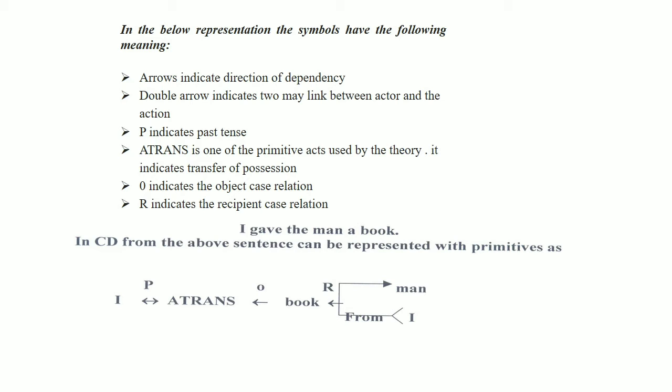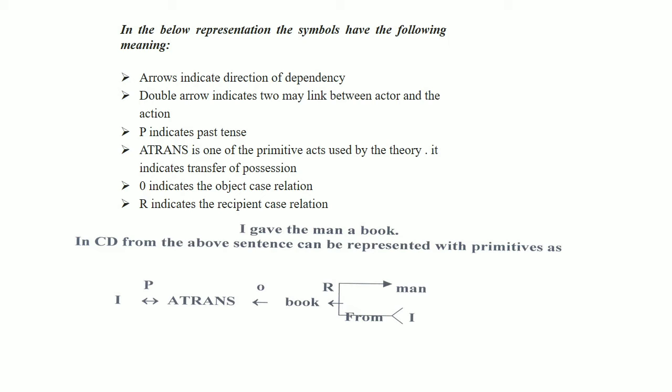That is indicated by the primitive A trans, which is always written in capital letters. So it is one of the primitives that is used. Gave, right? Your transfer of possession. Here give is the present tense and gave is the past tense. P indicates the past tense. If it is present tense, it won't indicate anything. The double arrow indicates